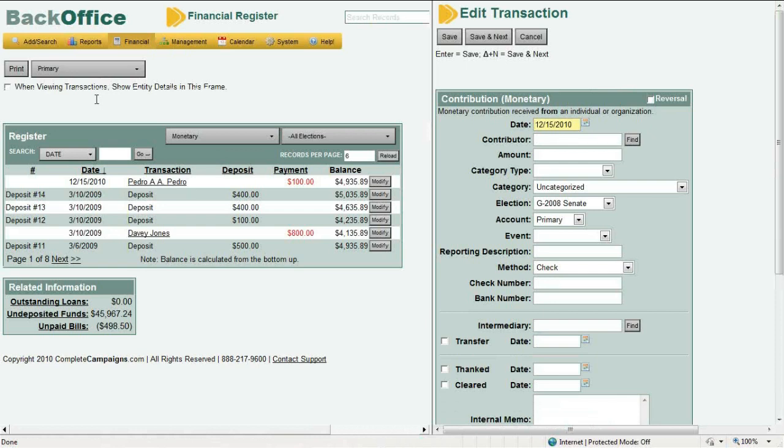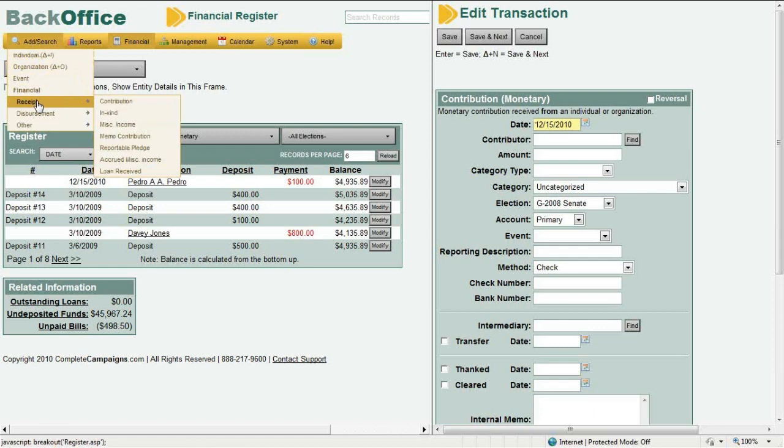As my screen refreshes, you'll see that I'm actually launched to the financial register. And on the right, I could start entering my monetary contribution in the Edit Transaction pane. You'll notice that there's no contributor name filled in here yet. That's because we didn't come into the financial register through an individual record. So again, just note that one way that you can begin entering a transaction is to just go to the Add Search tab, go to Receipt or Disbursement, or Other, and select the type of transaction that you want to